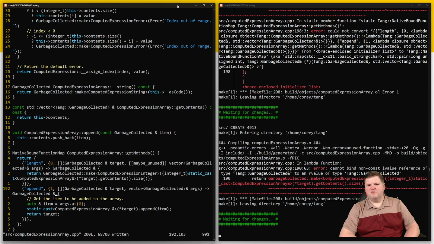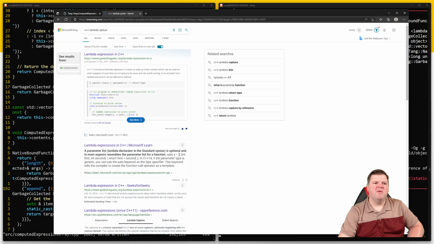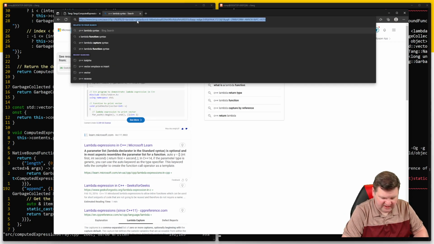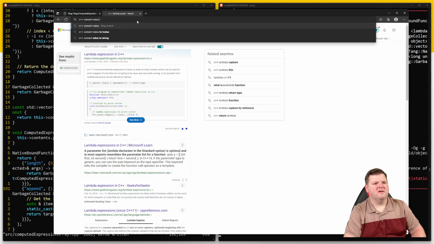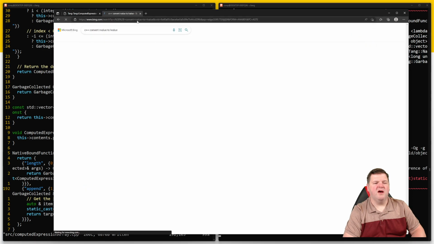To an R value, how... the fly. So I don't remember if there is a nice way in C++ to convert an R value to an L value other than,